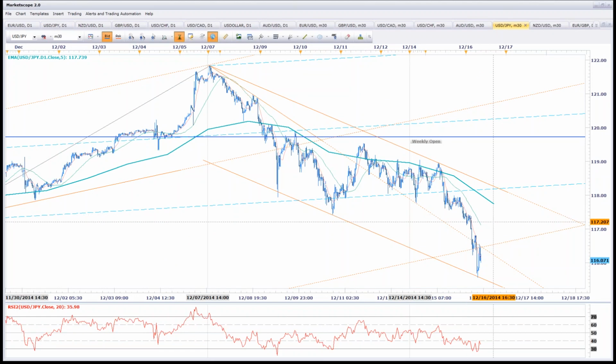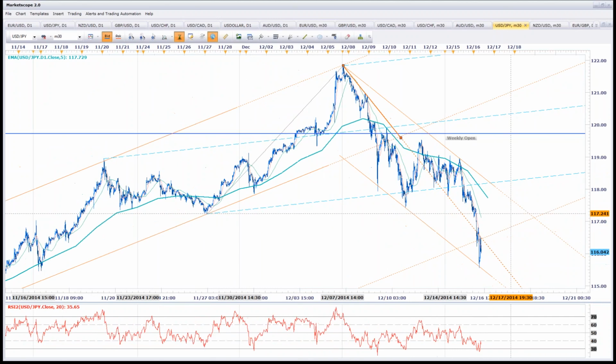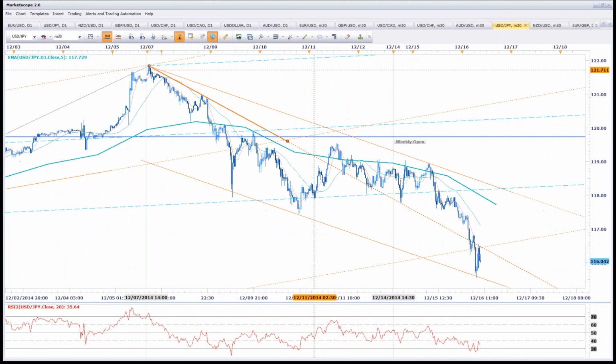So there's a basic channel off the highs. Also note that this bisector median line has been working very well. We just drew this off the high on the first week there. You can see the support, break, now instant resistance. And let's see if we can put together a position here for